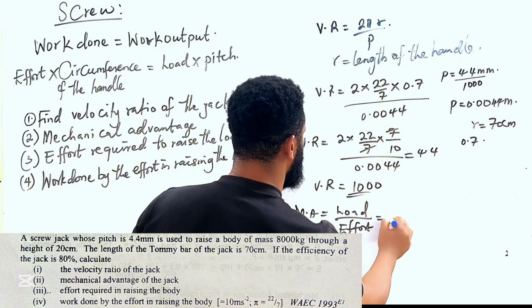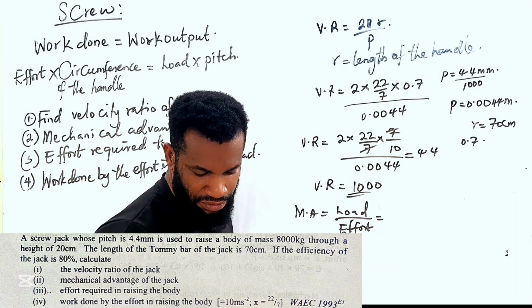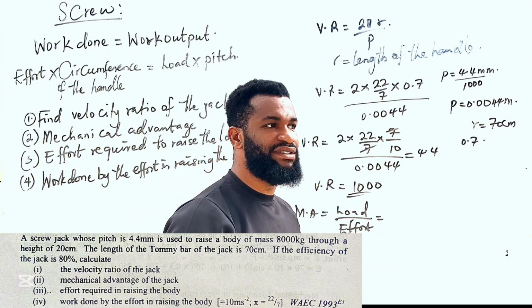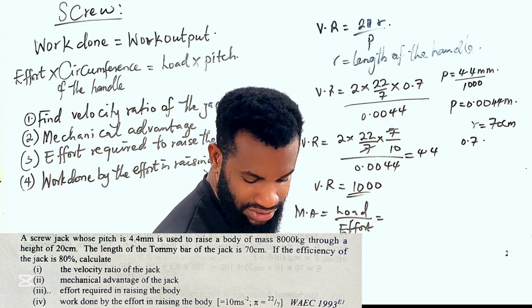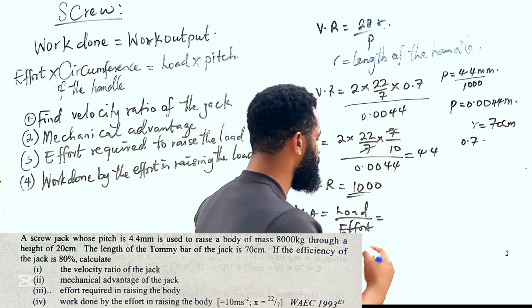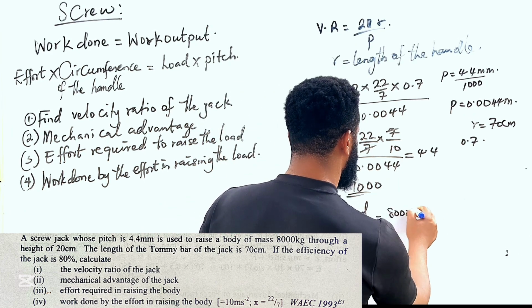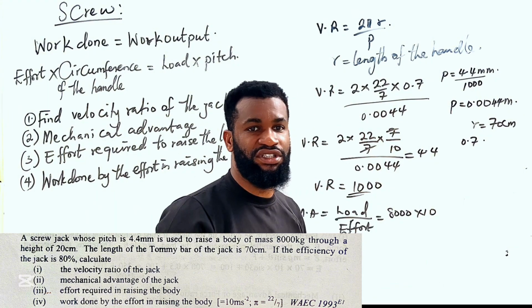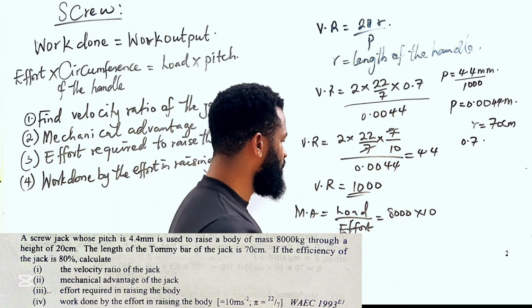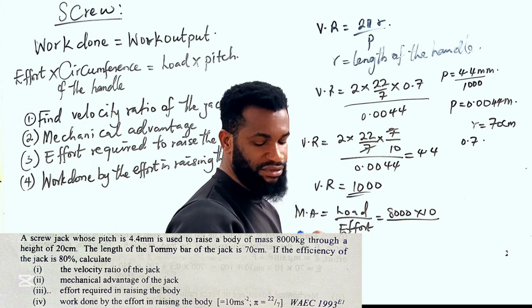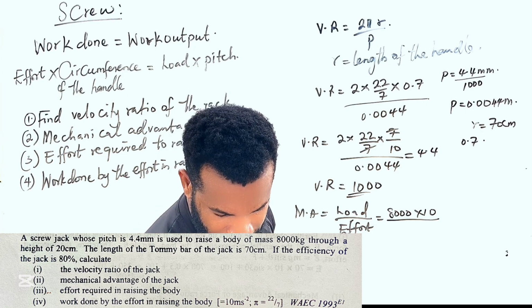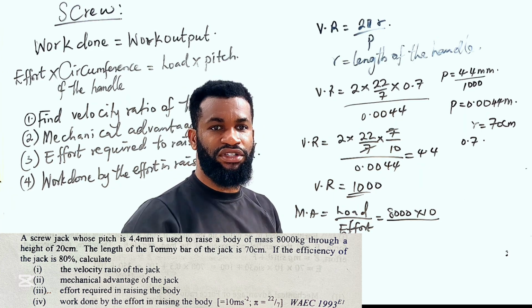Load over effort. So in this case, what is load? From the question, load is 800 kg. That is 8,000 kg. I'm going to say 8,000 times 10, expressing it in Newton, all over, what is the effort? We are not given the effort. For that reason, since we are not given effort,